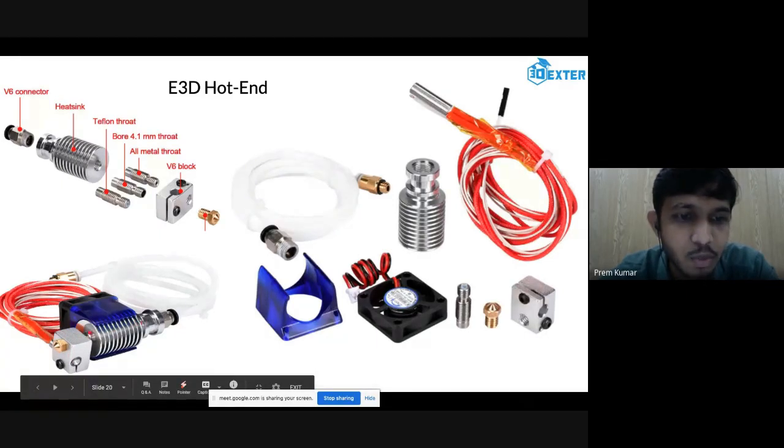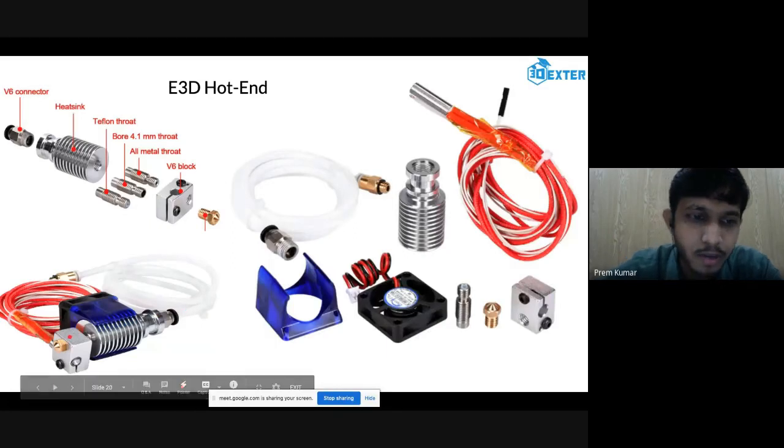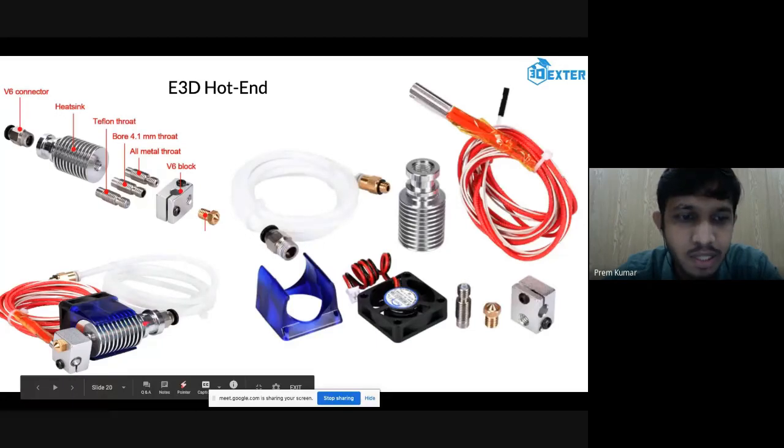For that purpose, to keep this region cool, we are using the heat sink. So when you are putting the filament into the hot end, here it will be heating, and this area will be completely cold. That is why we call this side the cold end and this side the hot end. This is the hot region. So let us suppose your fan is not running and your heatsink is not losing that much heat, which means it will be completely hot.